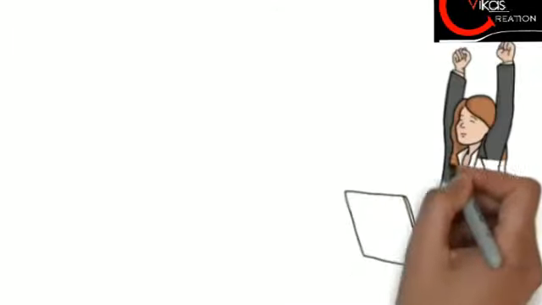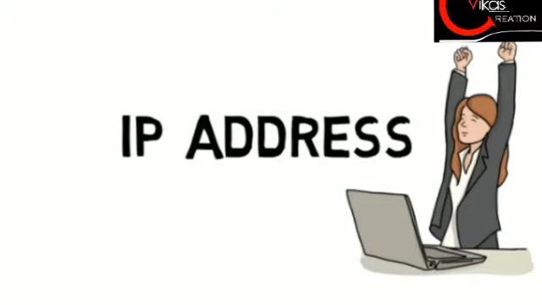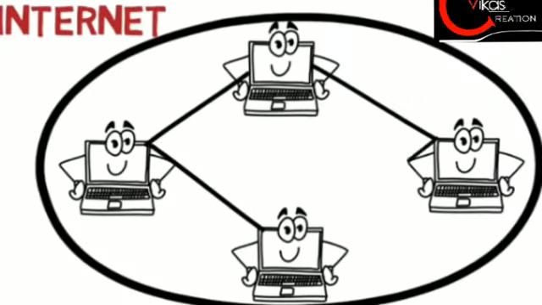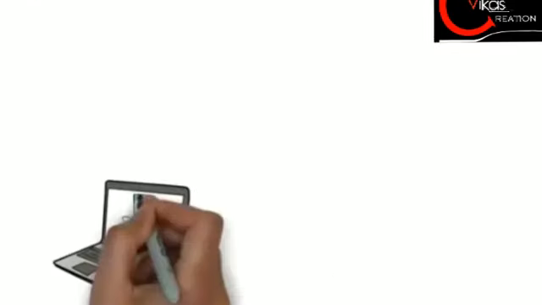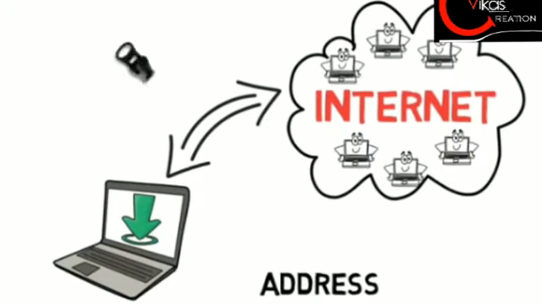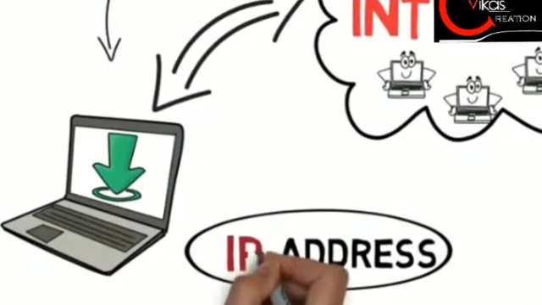We are going to understand what an IP address is and how you can find your computer's or your smartphone's IP address. So let's start. Computers on the internet communicate with each other with underground or underwater cables or wirelessly. If I want to download a file from the internet, then my computer should have an address so that other computers on the internet can find and locate my computer. In internet terms, that address of a computer is called an IP address.